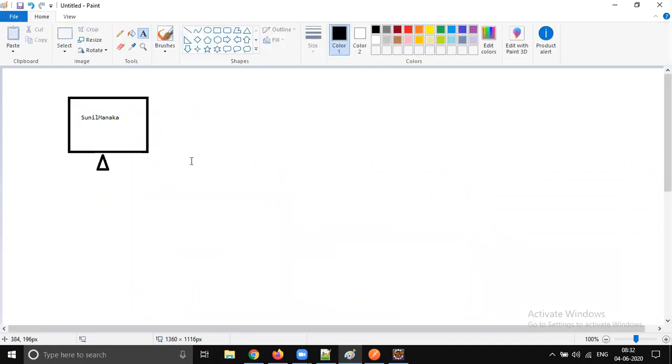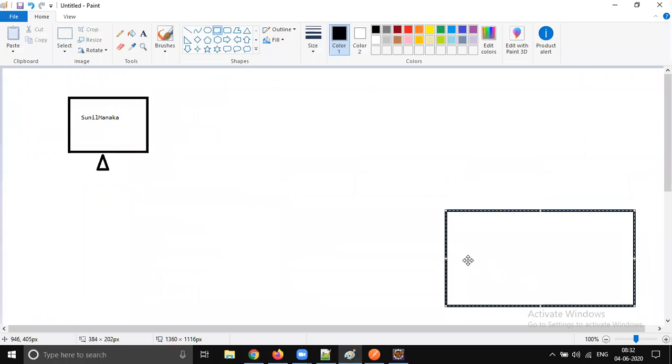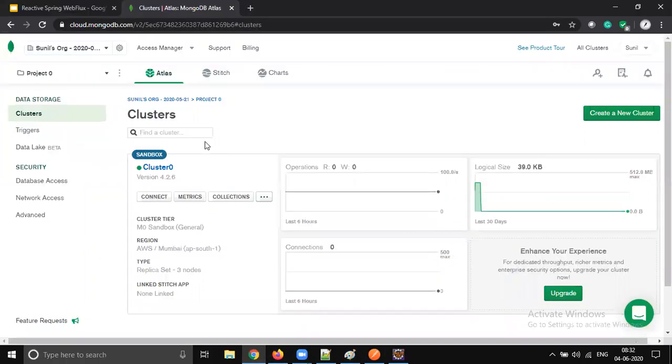Now we are going to connect to a MongoDB which is not running on my local machine. It is running on a different location, especially the cloud, because it's a cloud and runs in a remote location.